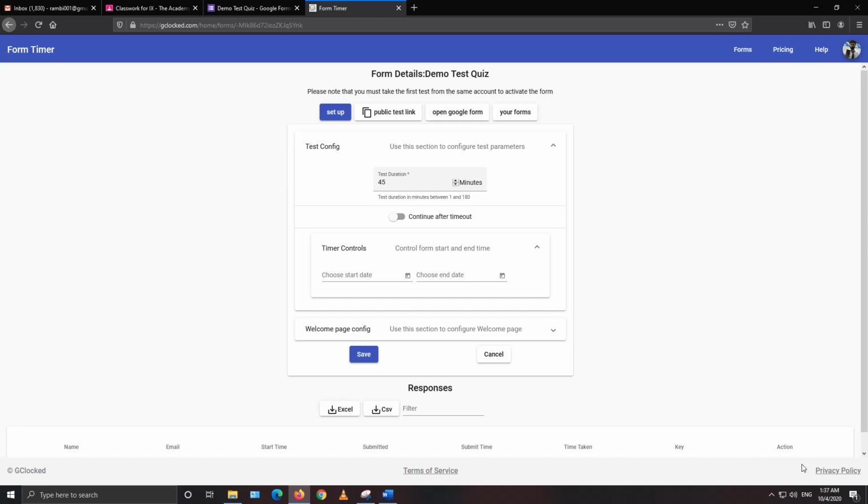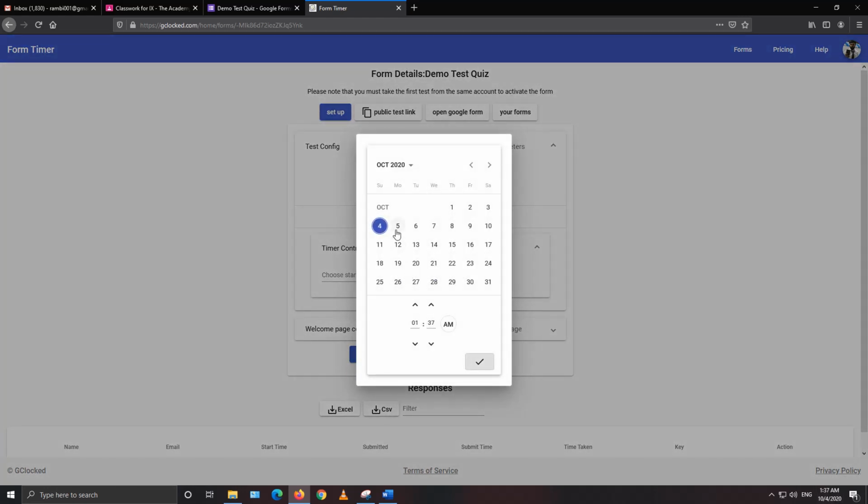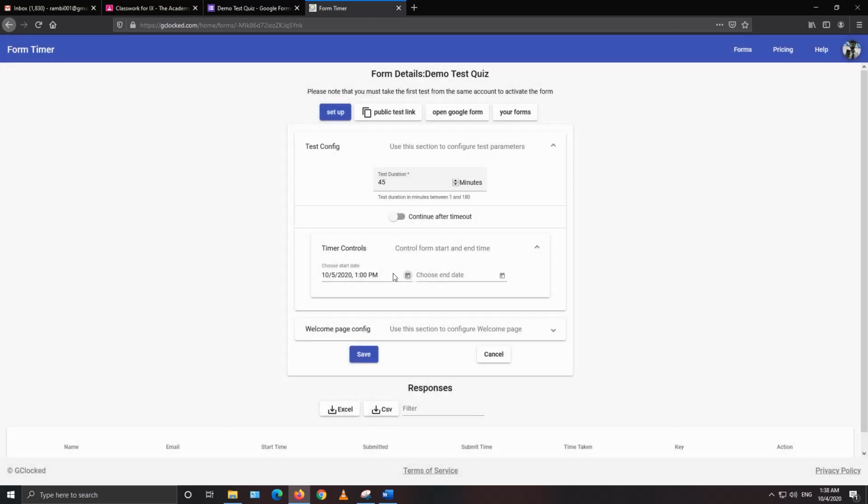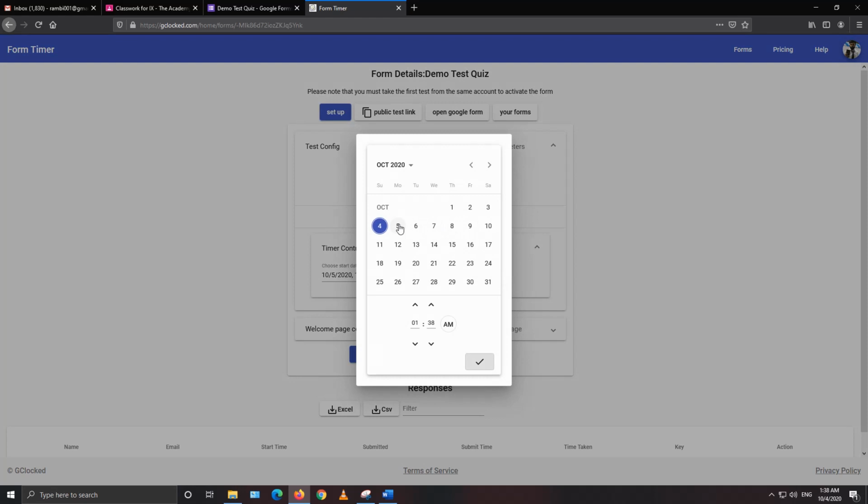For example, it is 4 October, so I will select the start date as 5 October and time as 1 p.m. and then set the date and time. And I can set the end date and time as well. For example, 5 October, and I can set the time till 3 p.m.